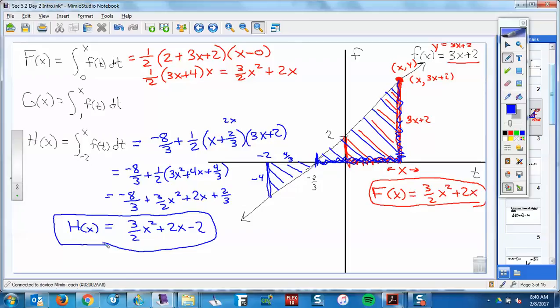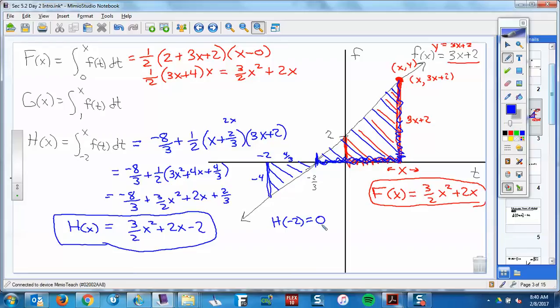The big picture is these are all antiderivatives of little f. Little f is this line. The antiderivative is that. Different left endpoints give you different c values. Now, we can check this out. We knew, what was our free initial condition on h? We knew that h of negative 2 was 0, right? So an alternate way of doing this, and a better way, and the way we will do it later on as we go forward,